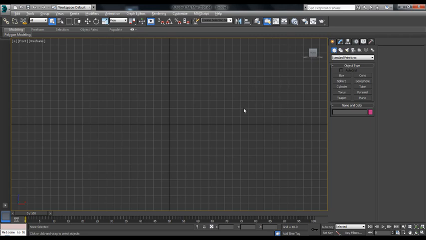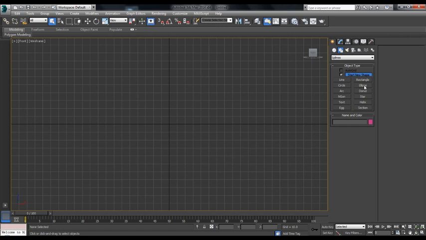What we're going to do now is create some text. So if we look over here, this is our command panel. This is the create part of the command panel. Over the next few tutorials we'll only be using the create and the modify parts of this command panel. Okay, so what we're going to do now is come down here and just take a look at what these little buttons here are. We've got geometry, so within here we can create cones, tubes, boxes, spheres, whatever it says here. We're going to go to shapes